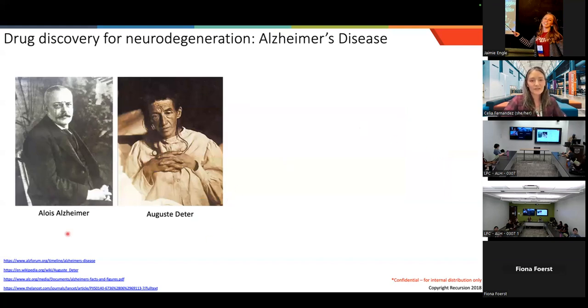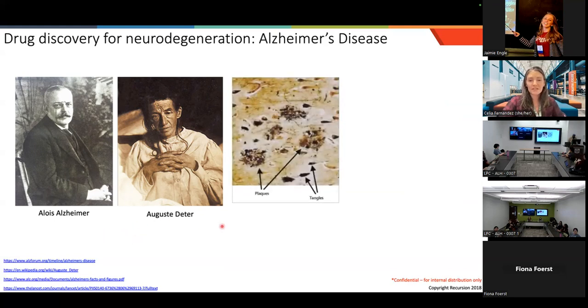Alzheimer's disease was first characterized by Alois Alzheimer over 100 years ago now. He described his patient, Auguste Deter, who exhibited these signs of dementia. At her death, they took her brain at autopsy, and he had been developing different staining techniques to look at the brains of different patients. What he noticed was this striking phenotype, the pathophysiology, which was plaques that existed outside of the cells, extracellularly. And then you notice these intracellular tangles.